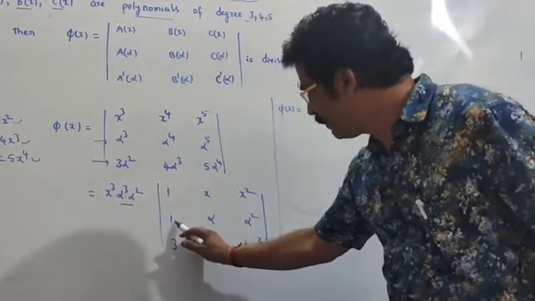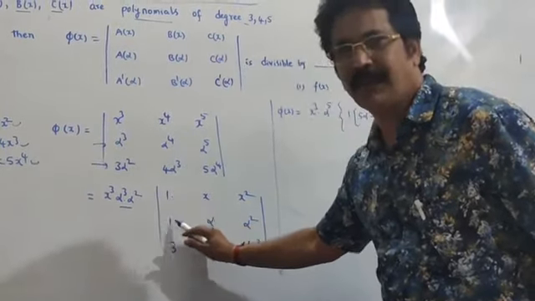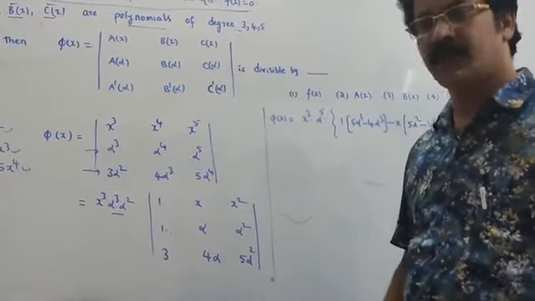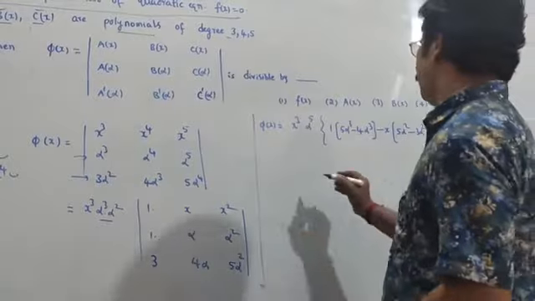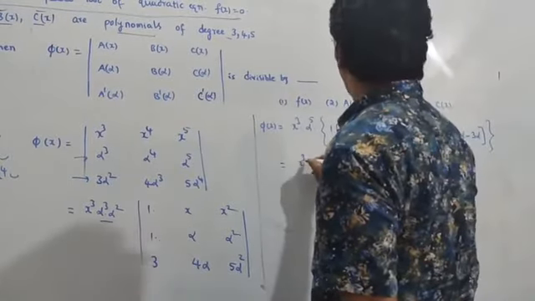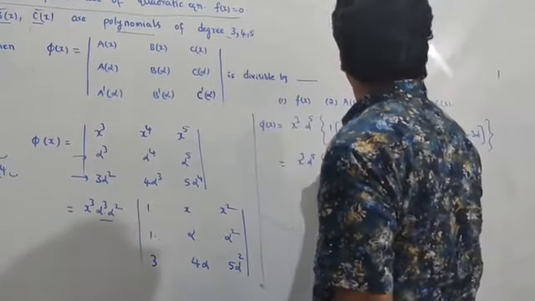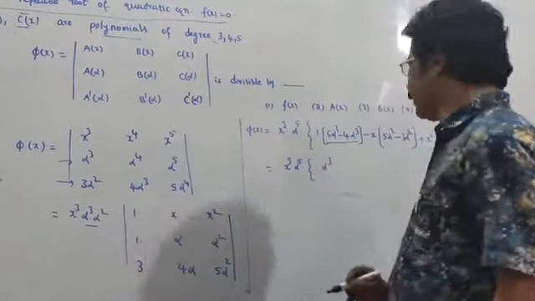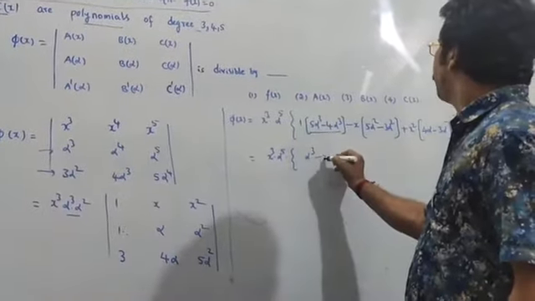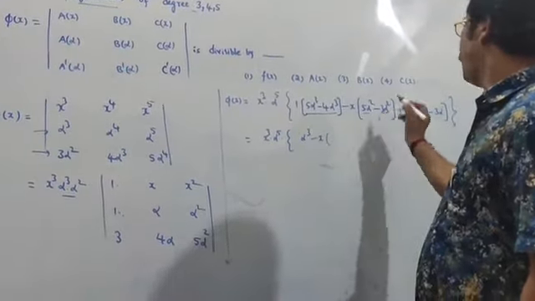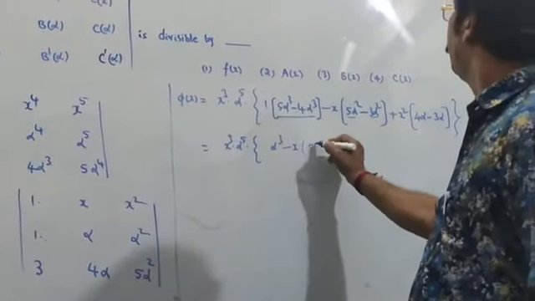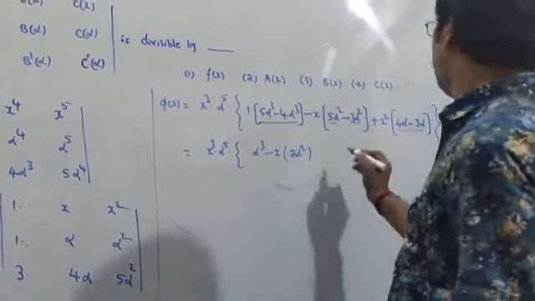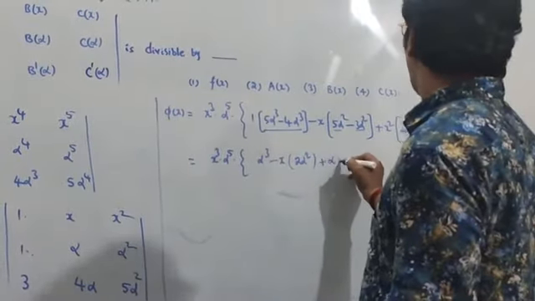So once again I am telling that in the procedure we have to perform R2 minus R1 to get the 0 here. So in the examination hall you please don't waste the time, that's why open directly. So therefore that is x cubed into alpha to the power of 5 alpha cubed minus 4 alpha cubed, 1 alpha cubed, minus x into 5 alpha square minus 3 alpha square, 2 alpha square. Next, this is 4 alpha minus 3 alpha, this is alpha x square.